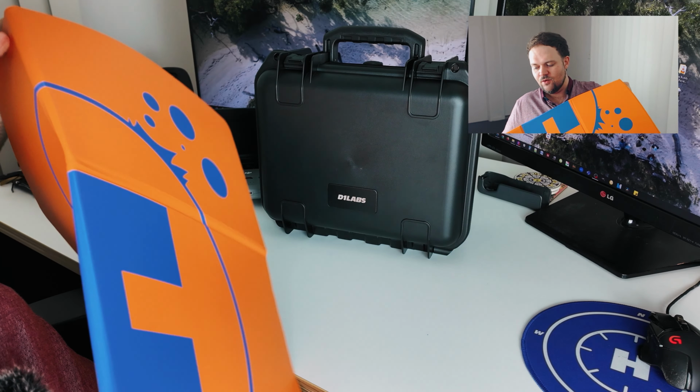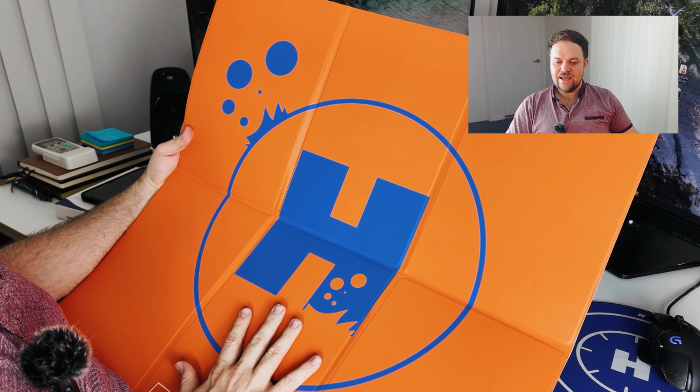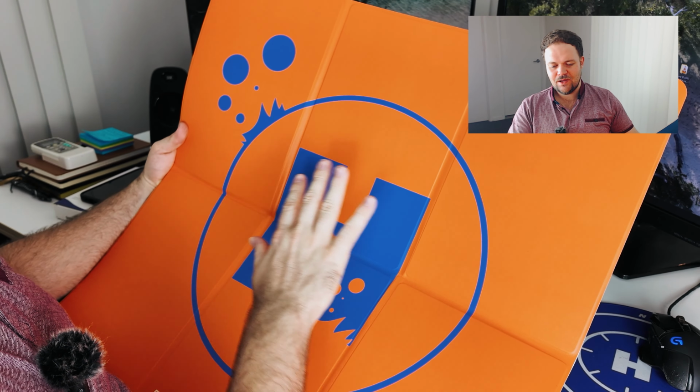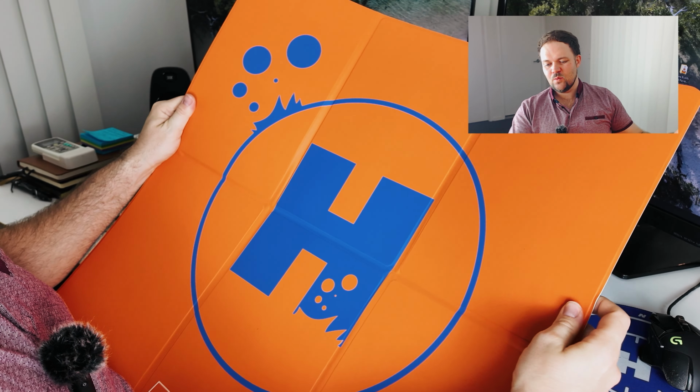So it's going to be great for all different drone sizes, but it actually does make a difference having such a large space to land on, because a lot of the landing pads are quite small, and you'll find that it can be a little bit awkward because you're trying to land and the drone might move a little bit. So to have something huge like this, and it's weighted, so the wind is not going to blow this around